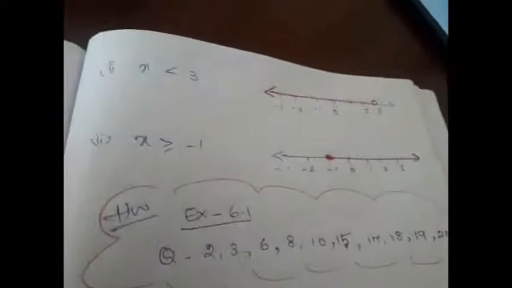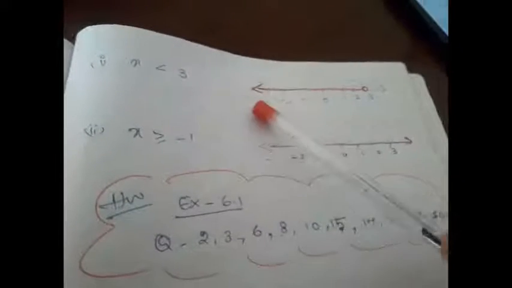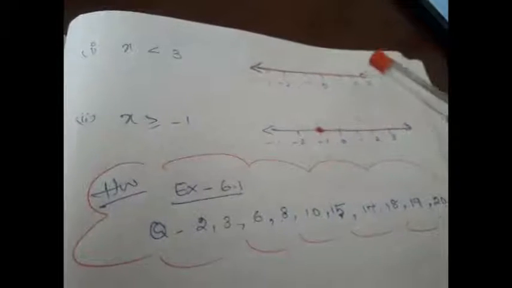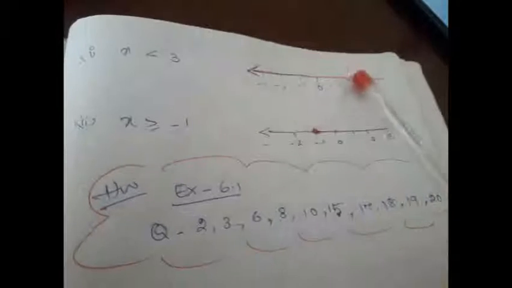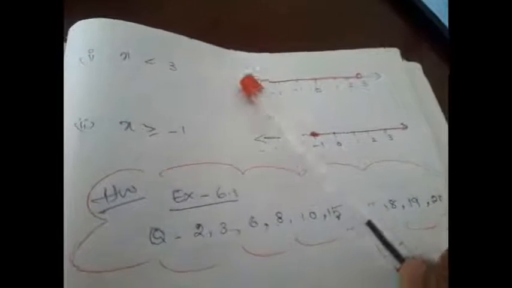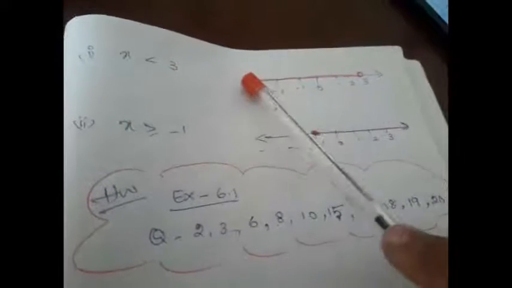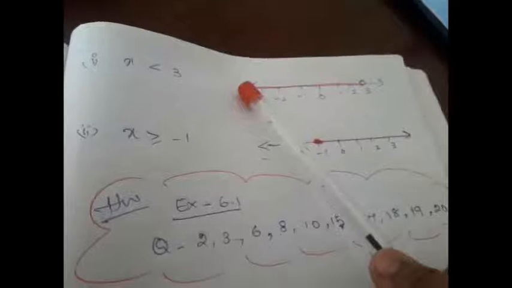If it is going to be simply less than or greater than, we will put an open circle. Let me show you an example now. See here, if x is less than 3, then how will you express it on the number line? On 3 you have to put an open circle because this is a strict inequality. Then less than 3 means this side, so this side fully till the end. So you have to put the arrow mark till the end, you have to put a dark line.